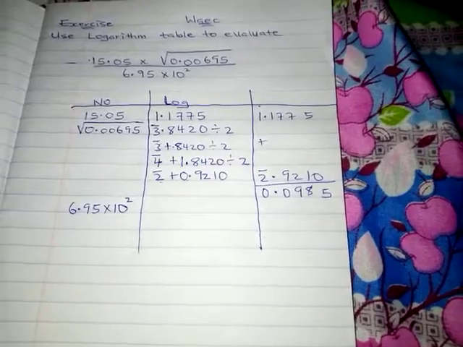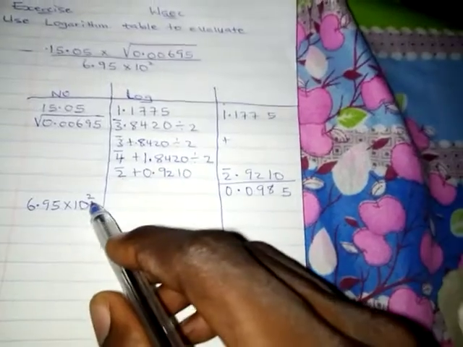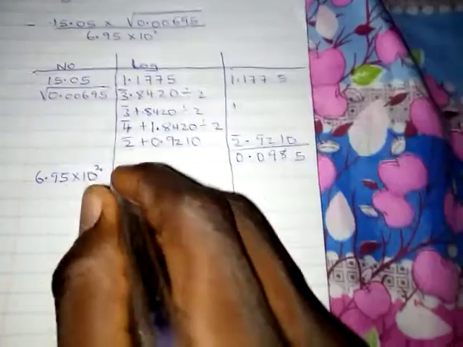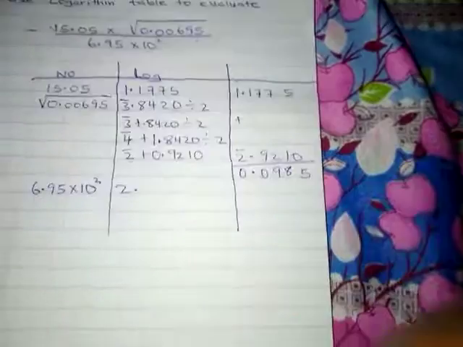6.95 times 10 raised to power 2. So this number has already been expressed in standard form. So it is the value we have in the power we have in the standard form. That is what we write at. So we have our 2 point. Then we check for